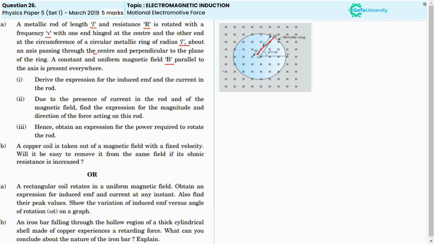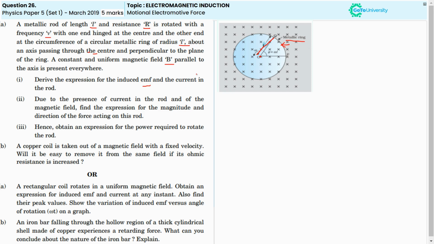One end is fixed at the center, and the other end at the circumference of the circular metallic ring of radius L, about an axis passing through the center and perpendicular to the plane of the ring. A constant and uniform magnetic field B parallel to the axis is present everywhere. So this is the magnetic field. Okay, so for this one we need to derive the expression for the induced EMF and the current in